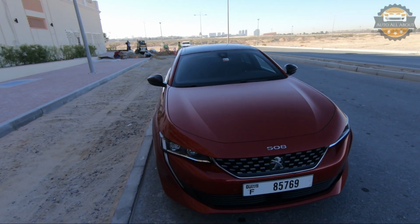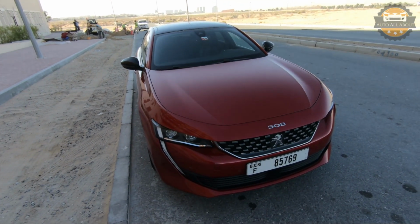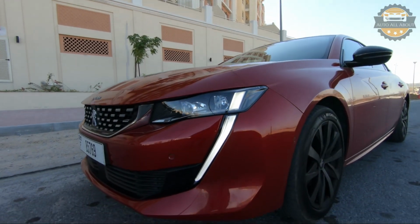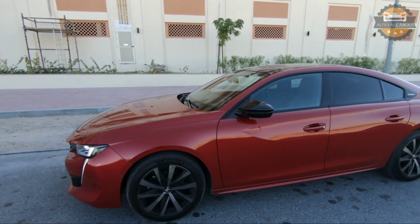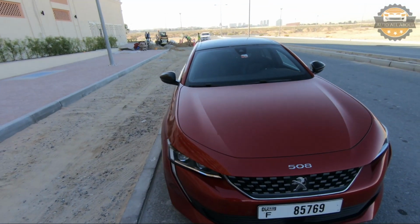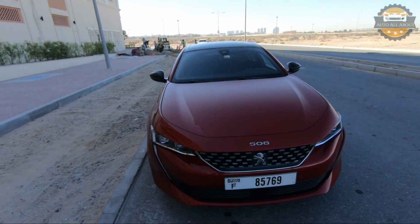So for today we are having the all new 2020 Peugeot 508 GT line. In this video we will have a full in-depth review of the car along with a test drive. Okay, so let's begin. Talking about the exterior design of this car, for 2020 Peugeot has done a thorough